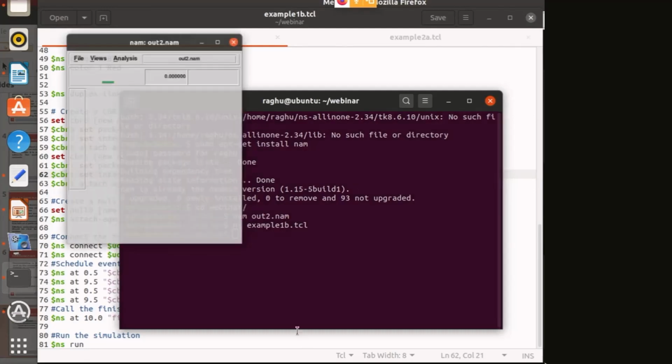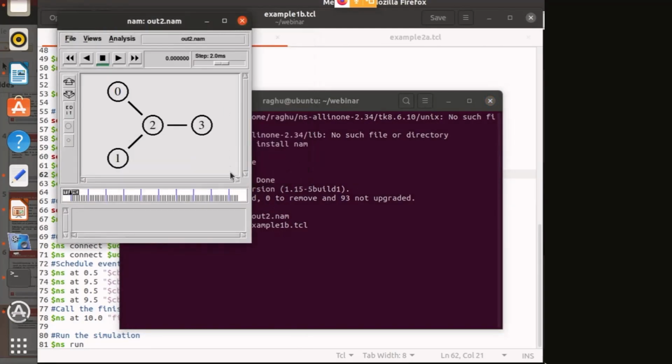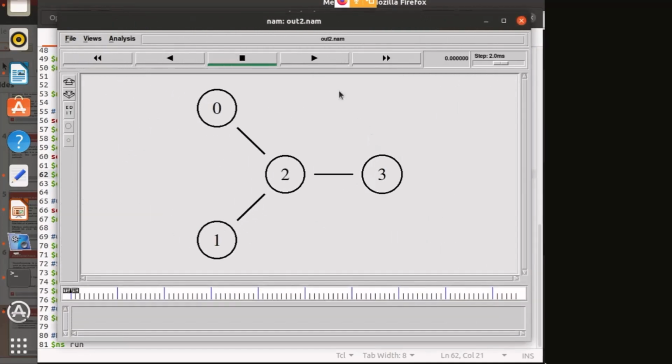If I run it, again the same scenario is there. Now let us make it fast. Now you can see after every 50 milliseconds the packets are getting received, and for a small amount of time a packet is enqueued. See here, the red packet is enqueued and the blue one is getting transmitted. Now the red one is also getting transmitted, so there is no packet lost here.